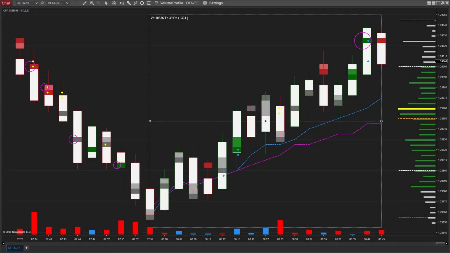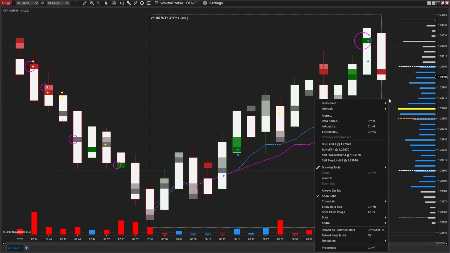So today we're going to start a series on trading the trend, or trading swing-based trades with OFA. We're looking here at an upswing that has started down around 8 a.m. trading up. And you can see our CWAP line in blue and the VWAP line in pink. I've set up a basic ATM strategy, and what we're going to do is just place an order right in